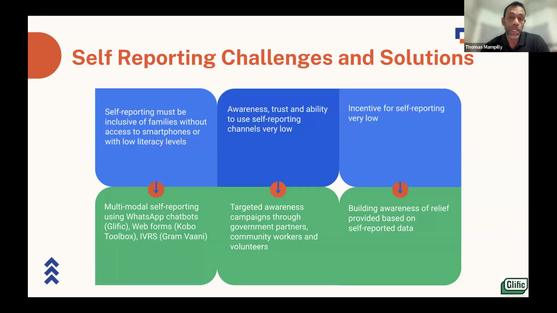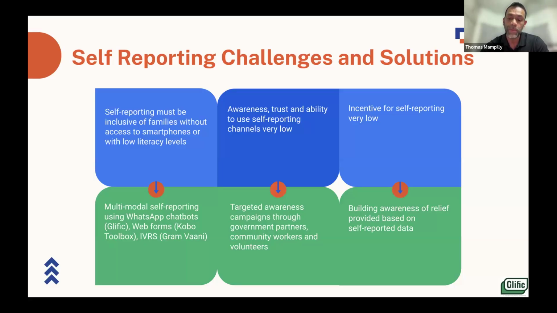So first of all, self-reporting must be inclusive of all families, regardless of their digital access and literacy, right? Otherwise, we potentially are at risk of excluding those who are most vulnerable. Secondly, how do we build this awareness, trust, and therefore the ability to use self-reporting by the communities themselves? And thirdly, how do we incentivize people to actually report their losses? So to address the inclusivity aspect, what we have tried over the past year or so is making a